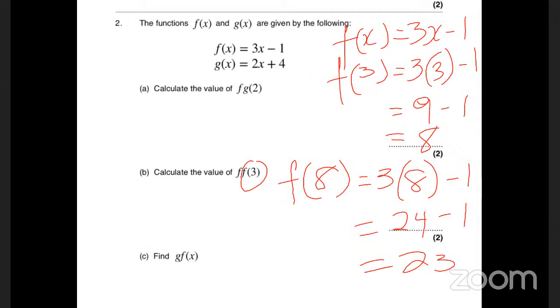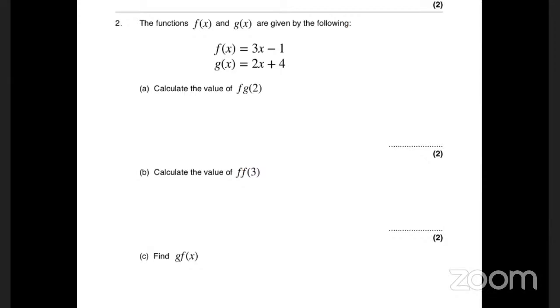All right, let's check the last one now. Let's check C, to see if C is where we made the next mistake. All right, so g of f of x. We're going to put f of x into g. The function g of x is 2x plus 4, right? And we're going to put f into it. So we have g of f of x,